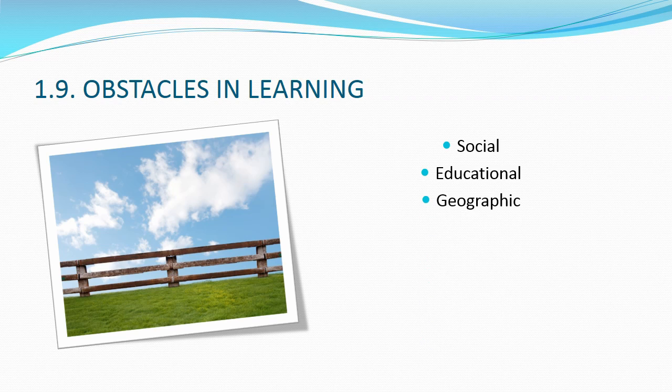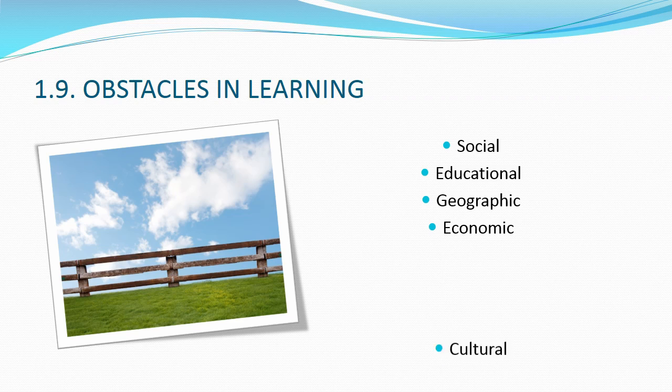Geographic obstacles refer to the negative influence of environment, isolation of accommodation place, difficult access to schools and means of transportation, or war zones. Economic obstacles refer to lack of financial resources to cover transportation to school, to buy textbooks or other resources, to buy necessary equipment for learning. Also, it involves lack of money to provide the necessary diet for learning or additional help for the learner.